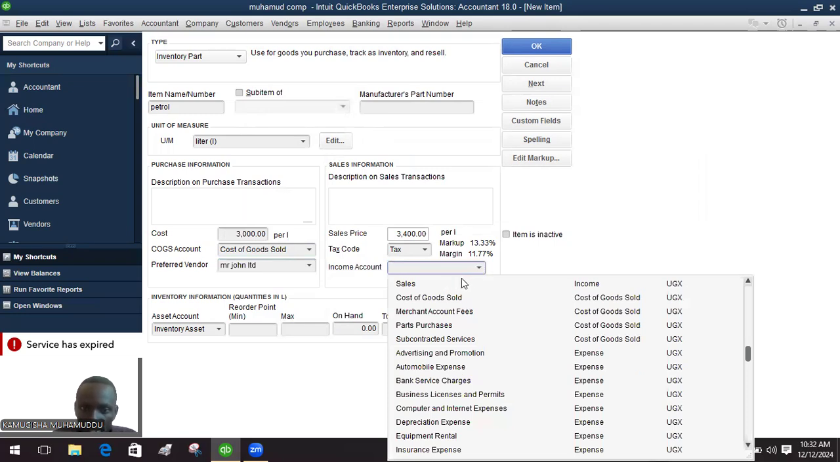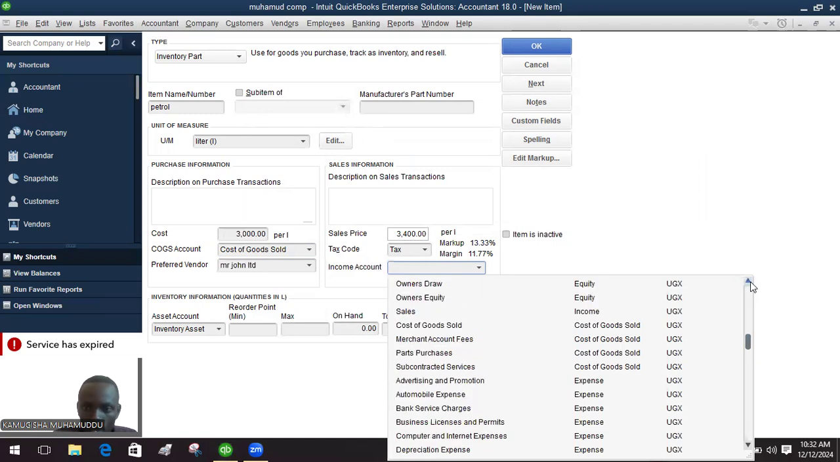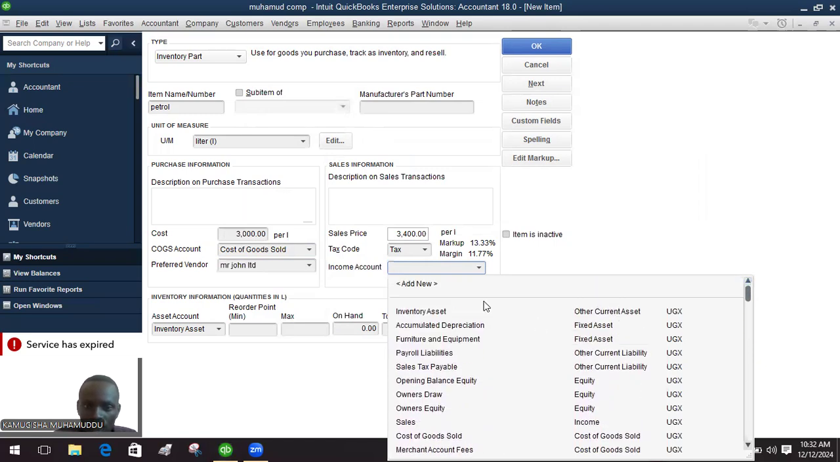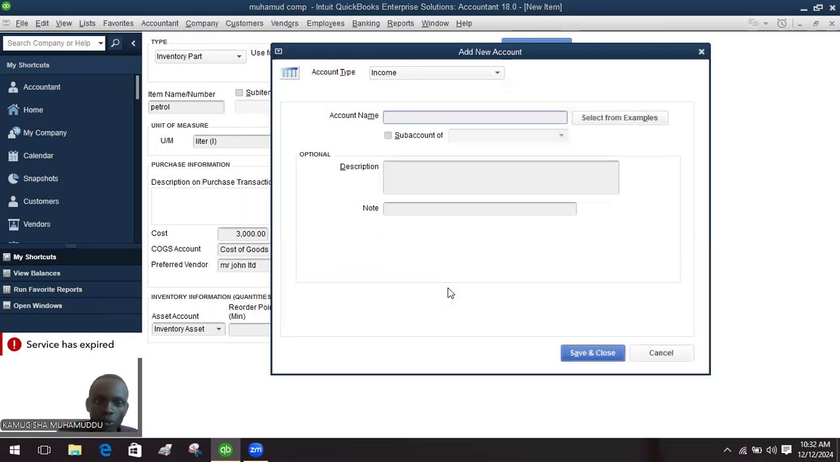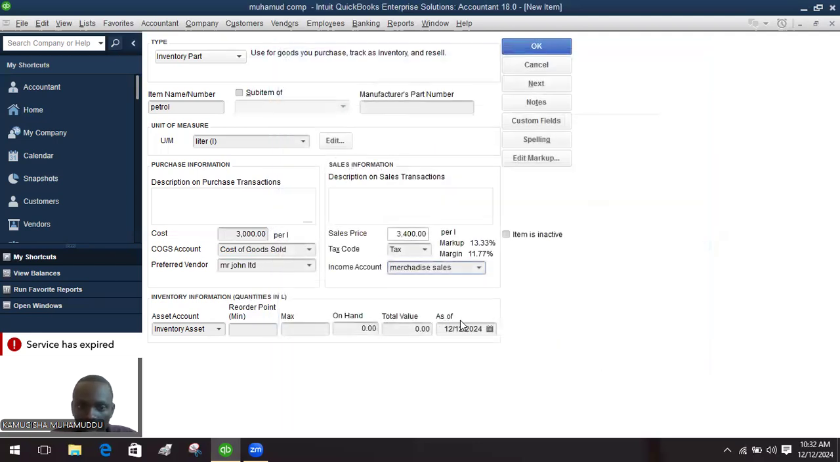And then here, income tax, it is merchandise sales. So you type merchandise sales. If it is not there, you come in add new to create that account. Merchandise sales. And then you say save and close. So if you have on hand, you come here, you see on hand, you put the number on hand you're having,